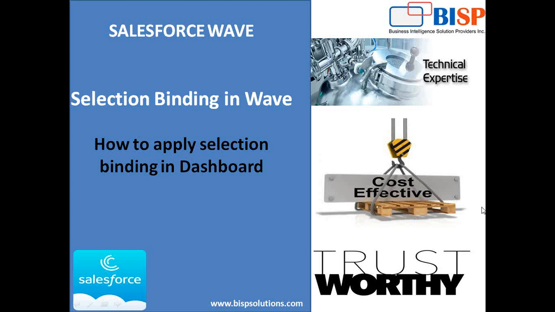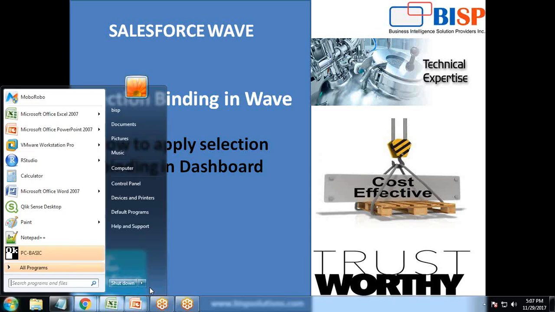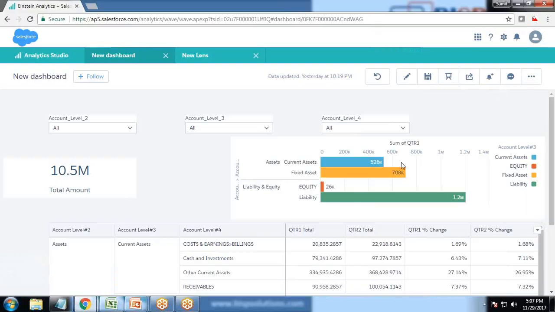My name is Sumit, and today I am going to demonstrate how to perform selection binding in Wave. For this, we'll be using financial balance sheet data that I extracted from my ERP solution, NetSuite. I have built a sample dashboard out of it, and as you can see, that's my sample dashboard where I would be calculating the assets, liabilities and equity